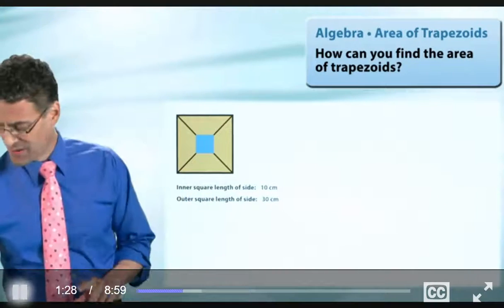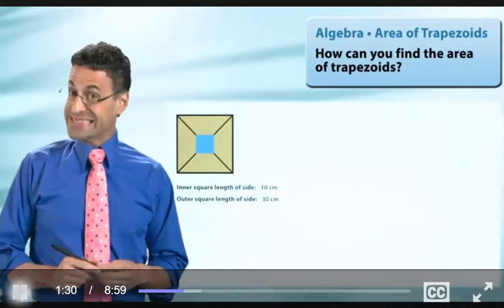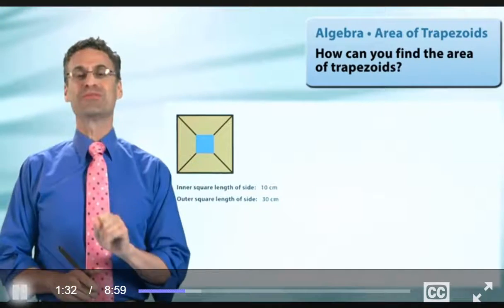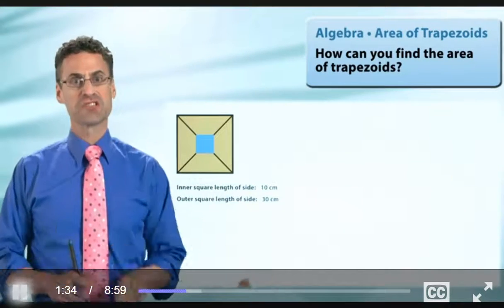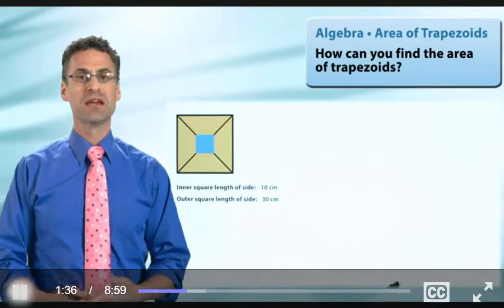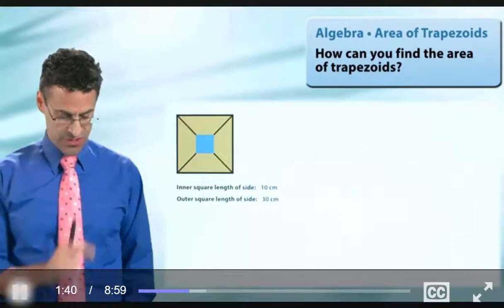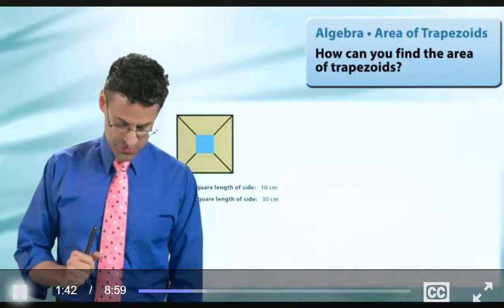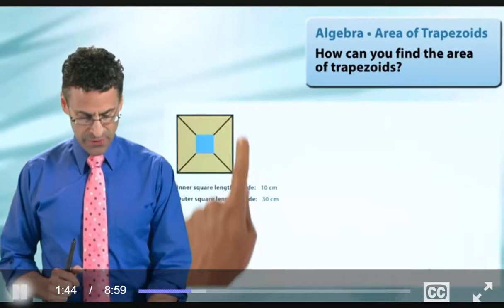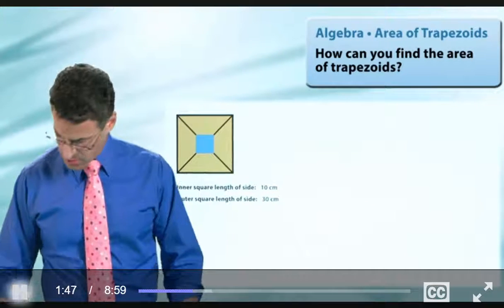Well, I'm going to show you a really sneaky way of finding it, and then let's check our answer by using the really interesting equation that gives us the area of a trapezoid. So we're going to do it twice real fast. Let me show you the real fast way. The fast way is to find the area of the entire square. Now remember, we know